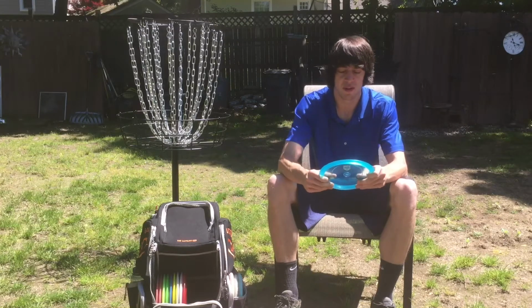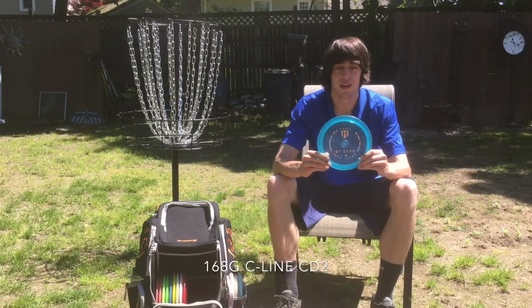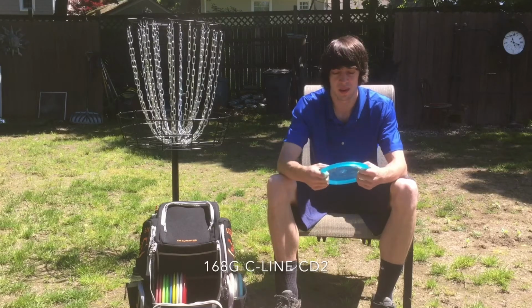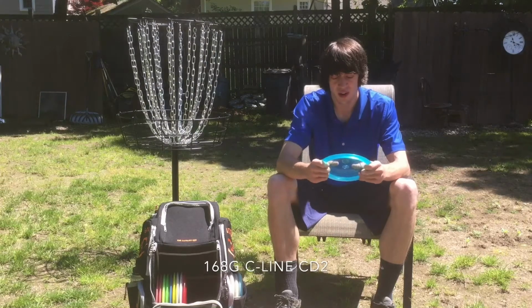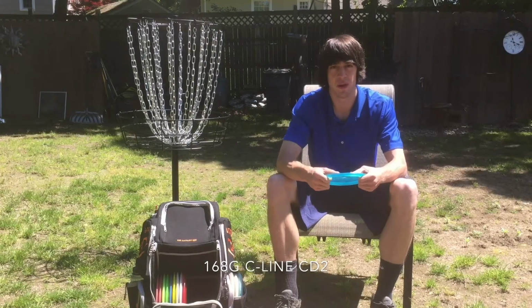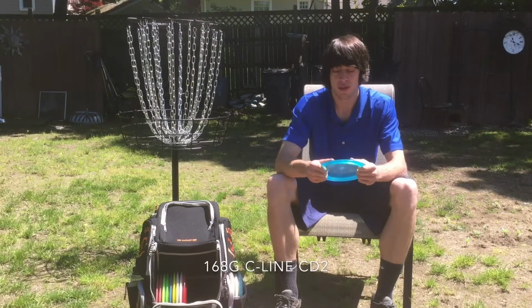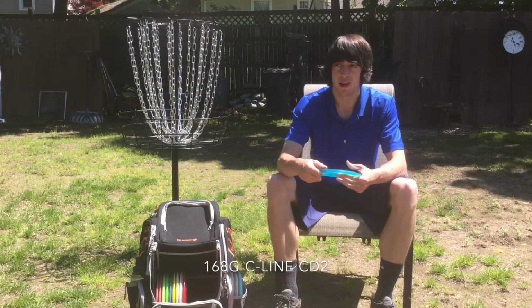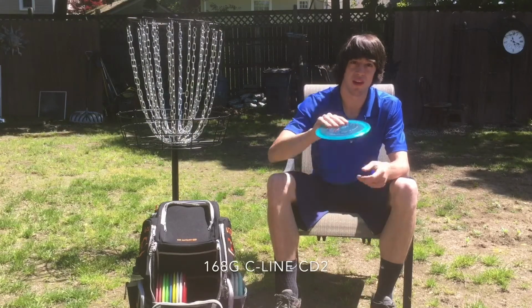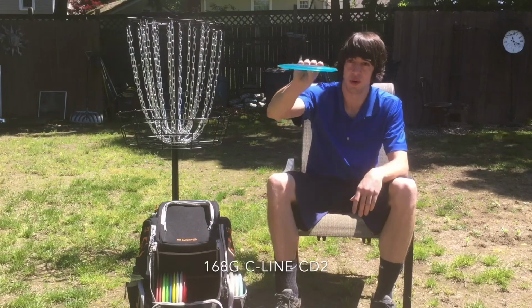Onto a little bit of a faster driver. This is the CD2 in the C-Line plastic. It's a 168. I did get it a little bit lighter because I wanted it to go a little straighter before it crashed. It's not that good in a headwind because it is a 168, but it's one of my most thrown drivers as well, because this is like my 400 to 450 dead straight. If you just put this on a little bit of hyzer, it's just going to go forever,